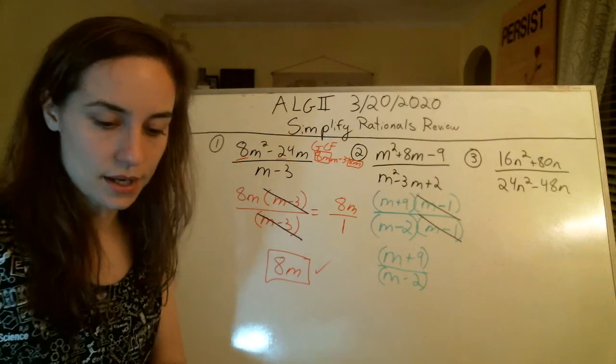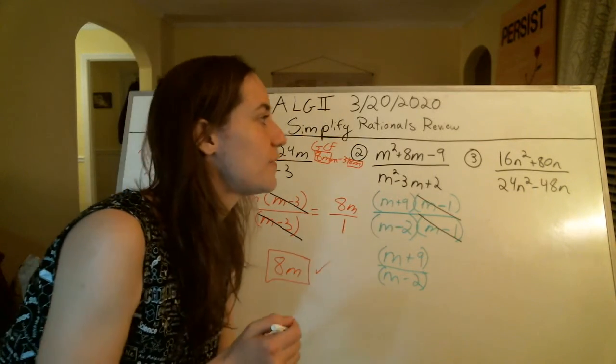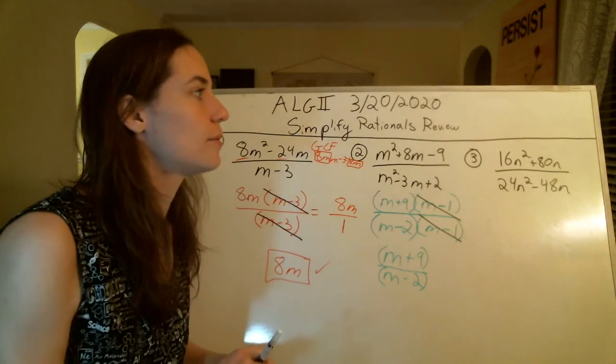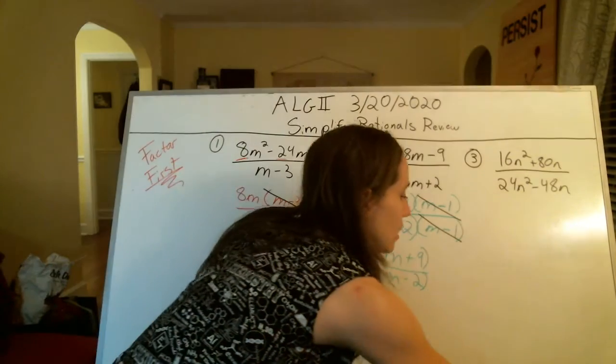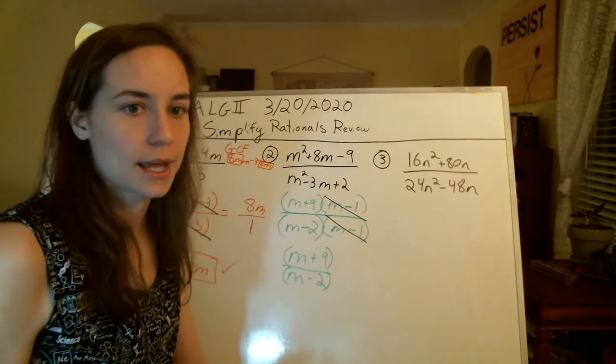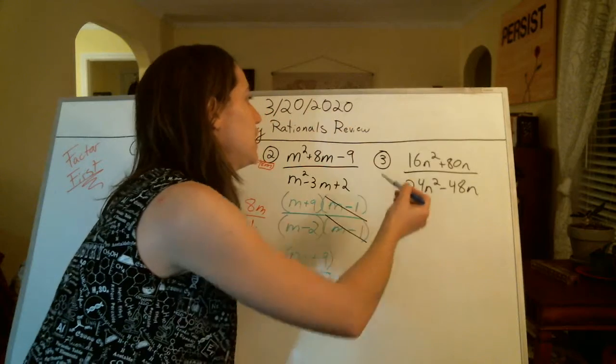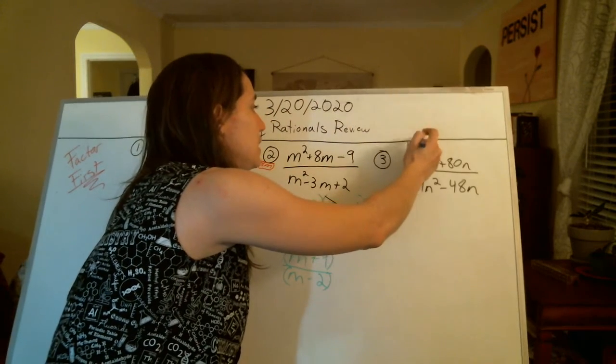Almost there with number 3. Alright, so again, greatest common factor. I threw this one on purpose because both of them are actually really large common factors. I'm just going to scooch this over here so I don't have to work so hard. Okay. So 16n squared plus 80n, that's really 16n